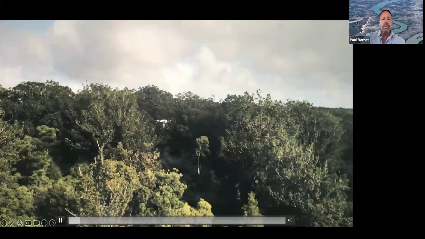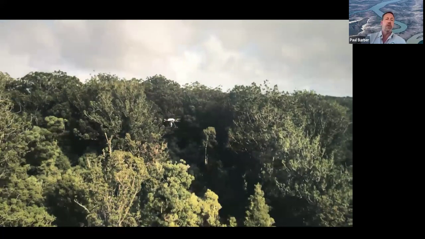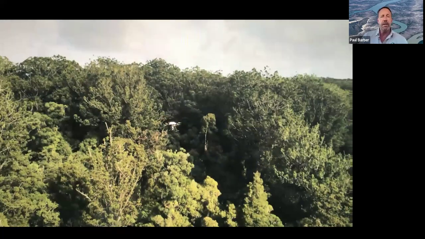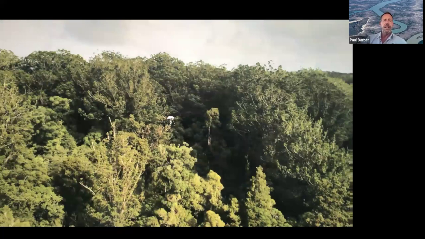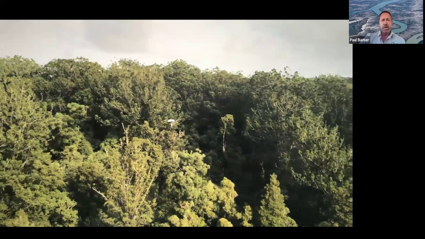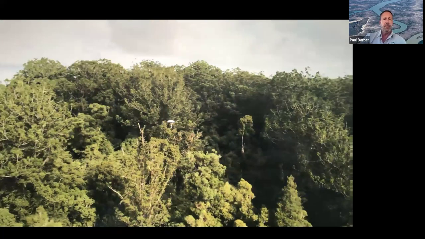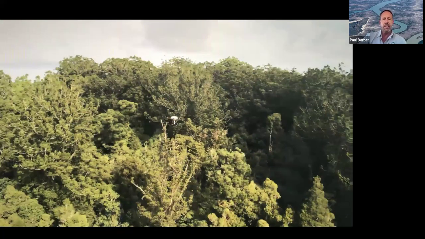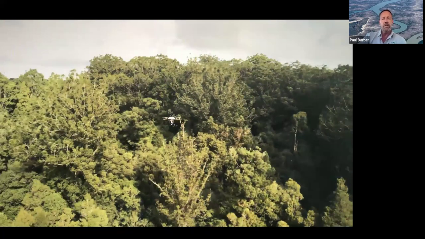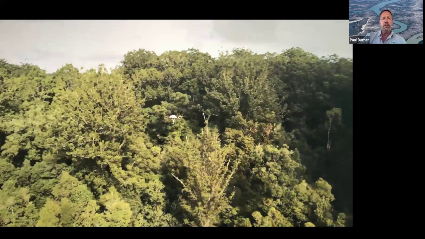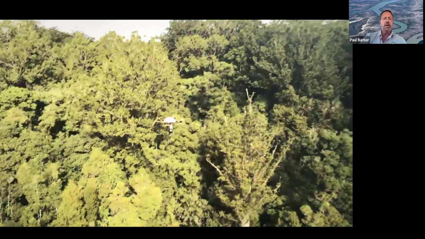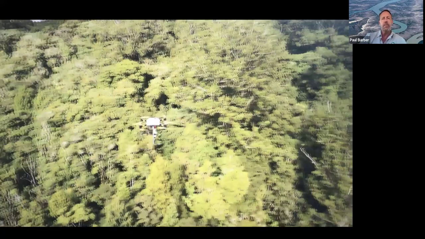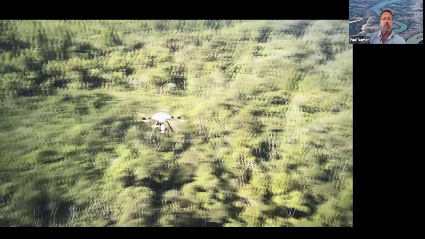We not only work across the urban forests, but we do a lot of work across natural forests, native forests, and plantation forests as well. So what you're seeing here is one of our UAVs with a hyperspectral camera flying across the amazing kauri forest in Northland in New Zealand, Aotearoa. Those trees are incredible. In some of those areas in the Waipoua forest, there are trees like Tāne Mahuta that's over 2,000 years old.